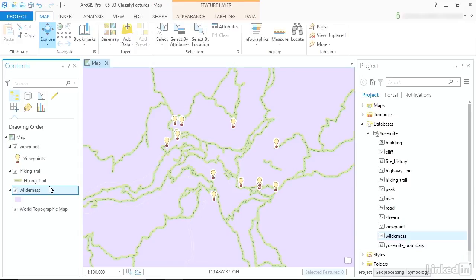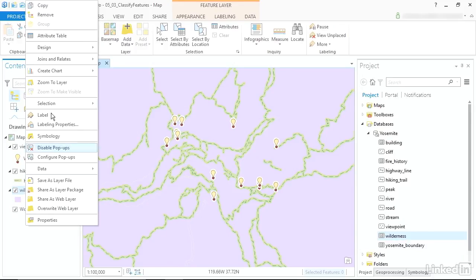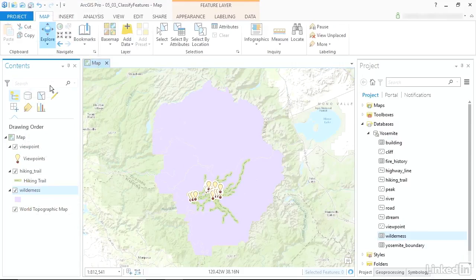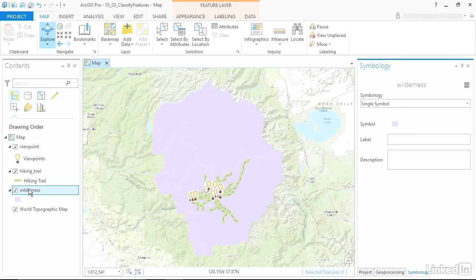That adds a new layer to our map and it actually fills up the entire screen, so let's go ahead and right click on it and choose Zoom to Layer, so we'll zoom out so we can see the entire layer. Now right now, everything in our wilderness layer is being symbolized with the same color, this kind of lavender purple color. Instead, what I want to do is symbolize this wilderness area based off of the wilderness category that